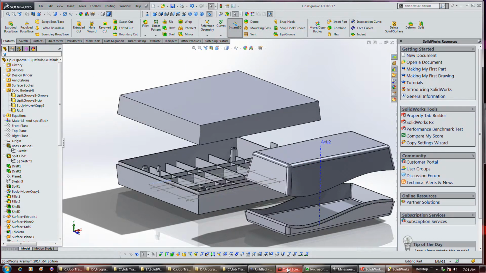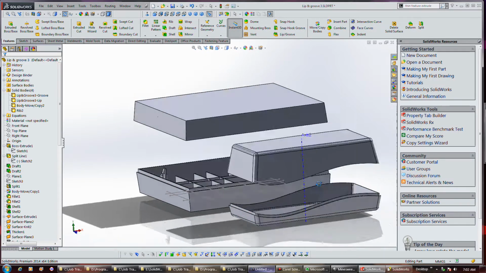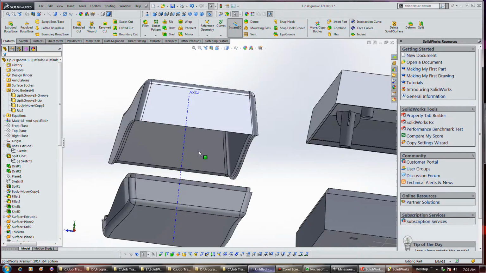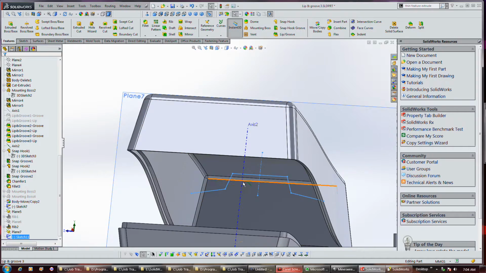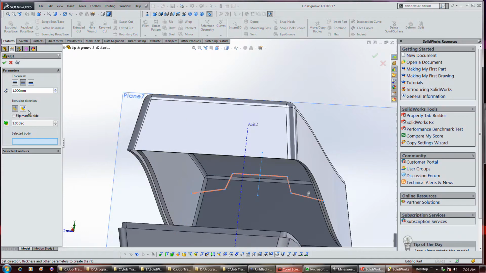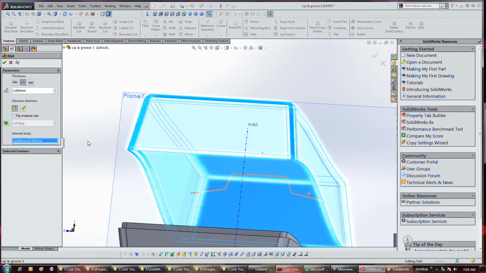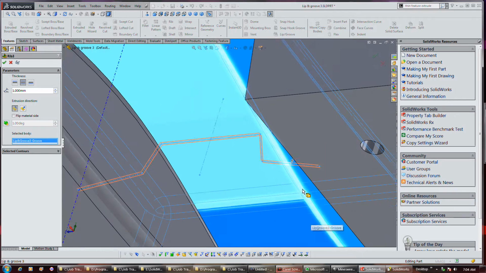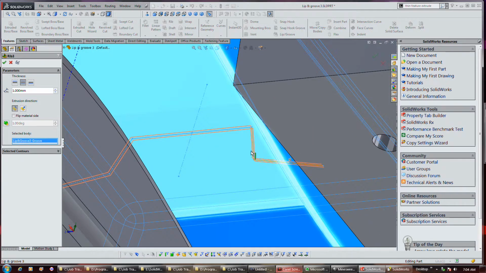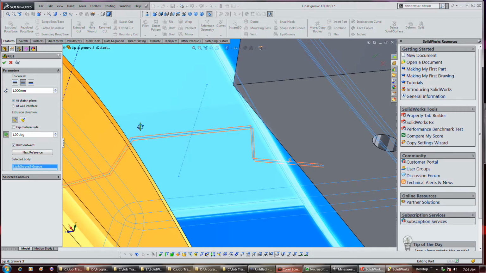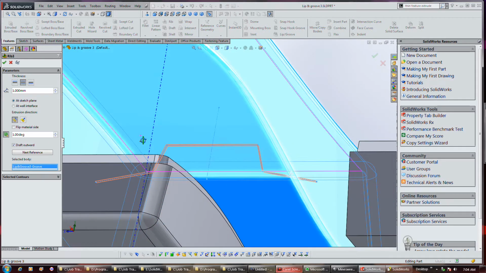So anyway, there's more to it, and like I said, you can also do profile ribs and so forth that have cutouts in them, by drawing a profile. For example, I could draw a profile in here, and let me do that real quick. Alright, I went and created a profile in there. It's still selected, so I'll go ahead and select the body. Now, if you look at it, see the direction, it's pointing up into the ribs, but the ribs are the right thickness, and we'll apply draft to it if possible. I don't know what that turned yellow for, but